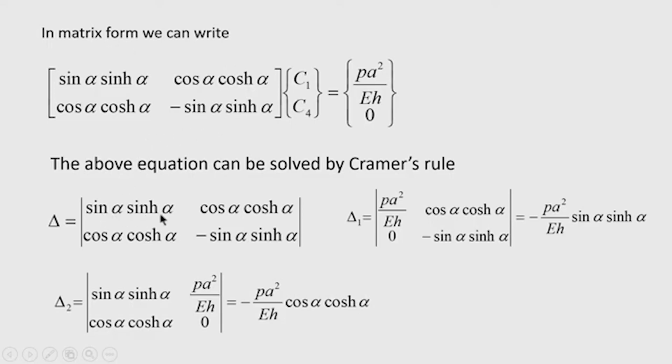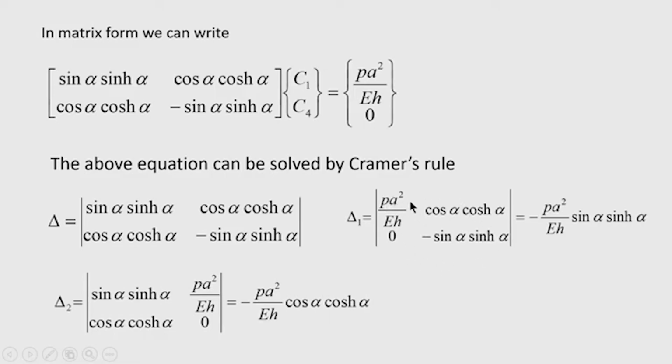So, sin alpha sin hyperbolic alpha, cos hyperbolic alpha, cos hyperbolic alpha minus sin alpha sin hyperbolic alpha. So, that is the determinant using the coefficients of the 2 by 2 matrix. Then delta 1 I define as the determinant p a square divided by E h, cos alpha cos hyperbolic alpha, 0, minus sin alpha sin hyperbolic alpha, and if I expand this determinant, you can see this expansion